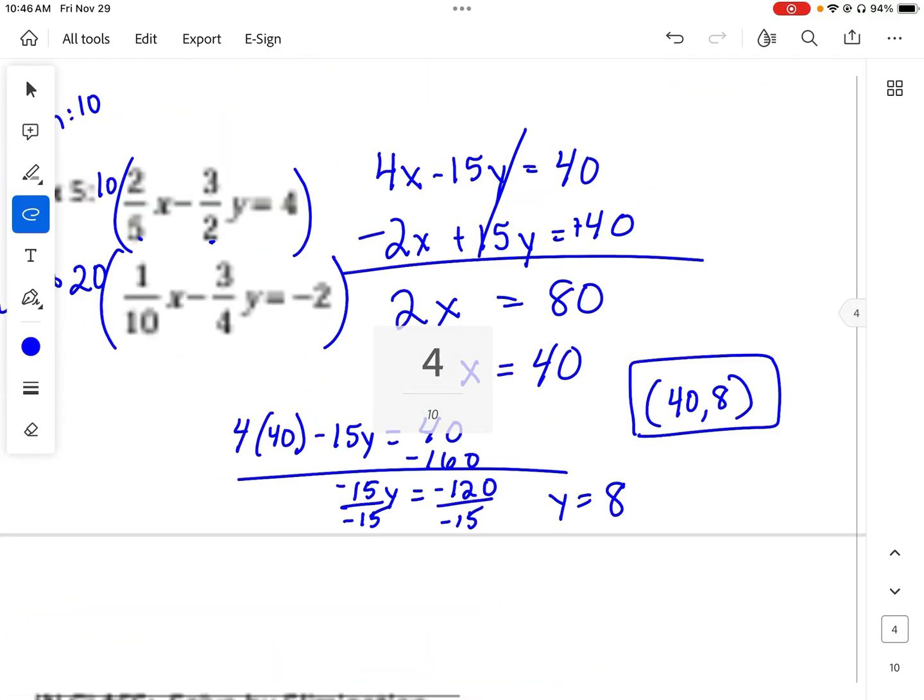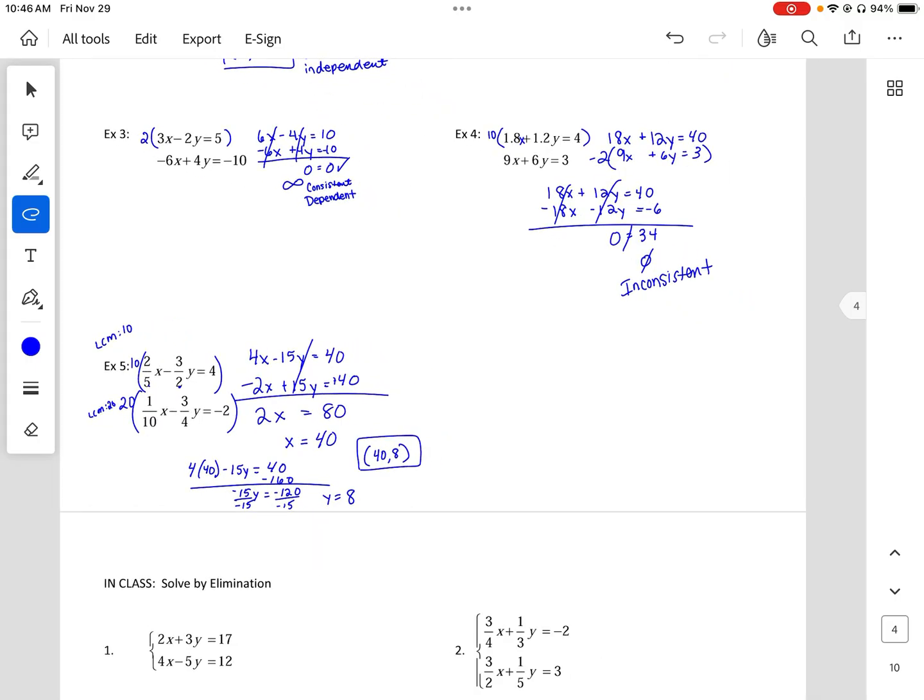Okay, so we have a solution there. So it is consistent. Since it's exactly 1, it's going to be independent. Okay, so we're done with this. Next, we'll do the